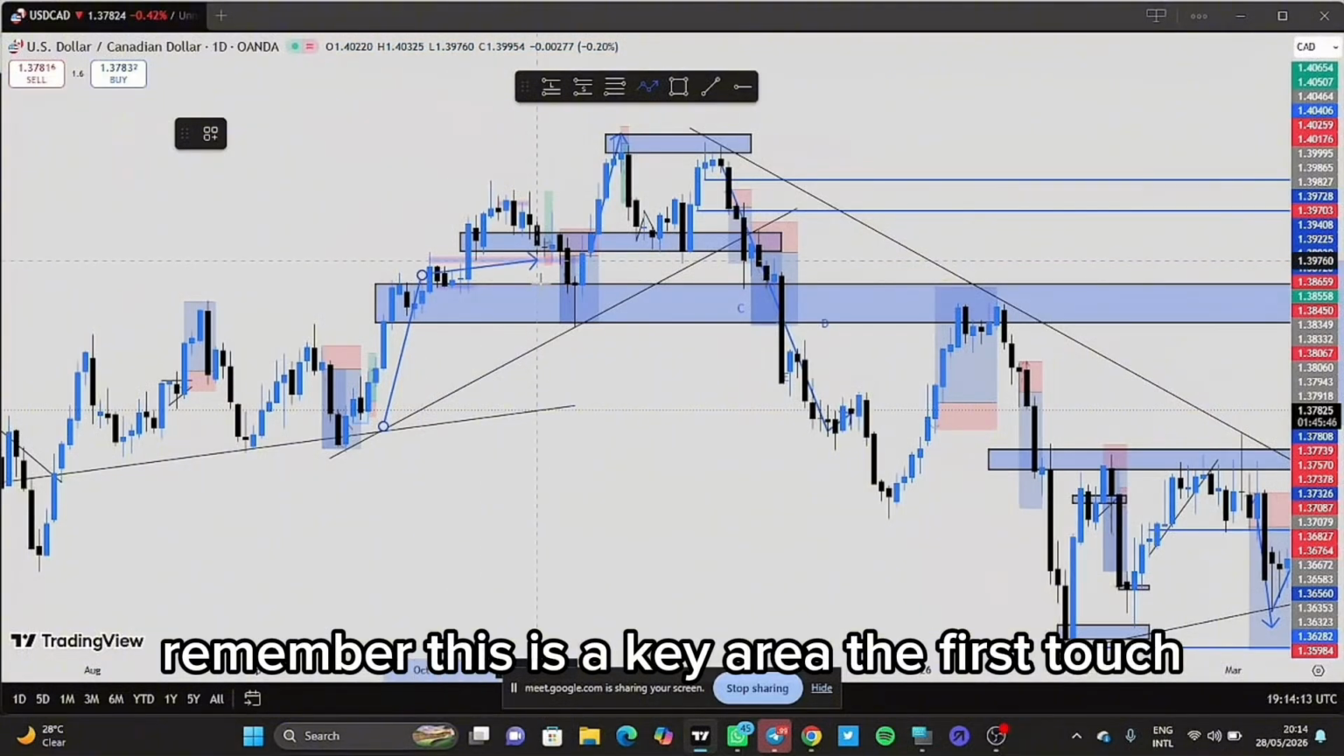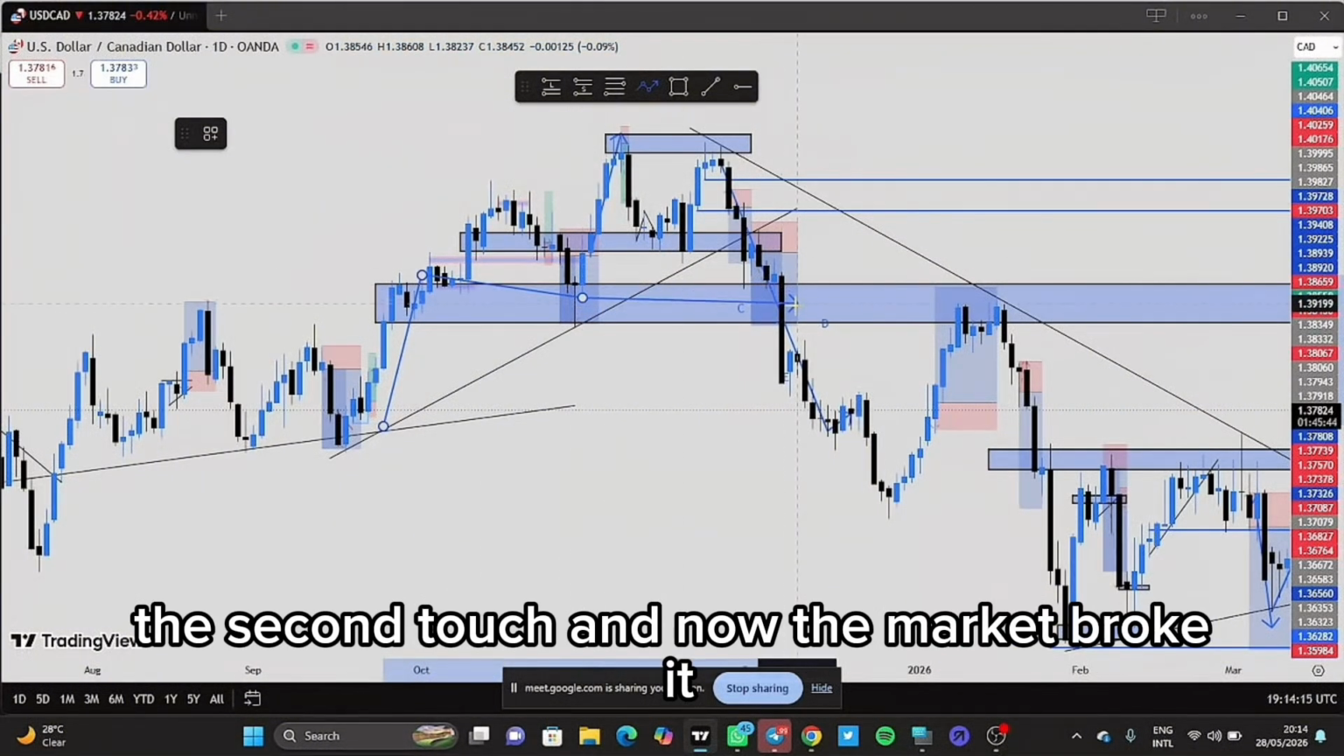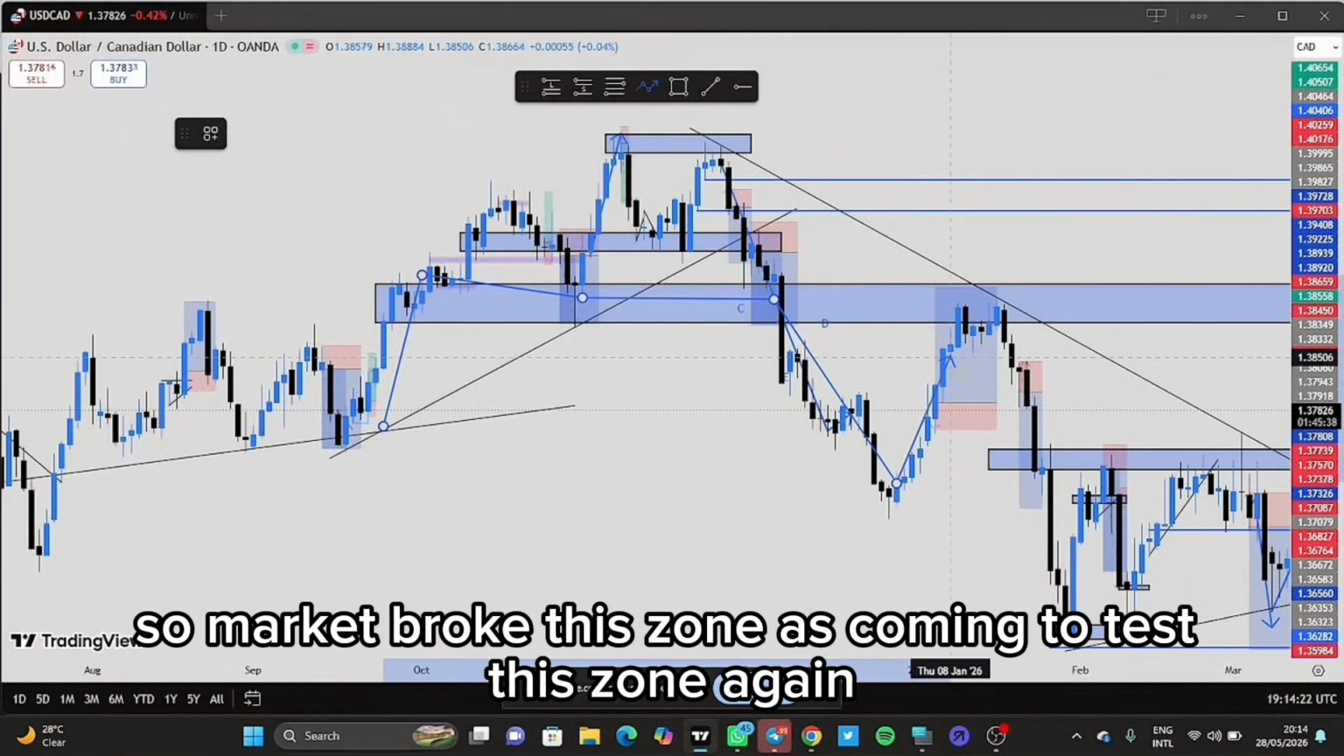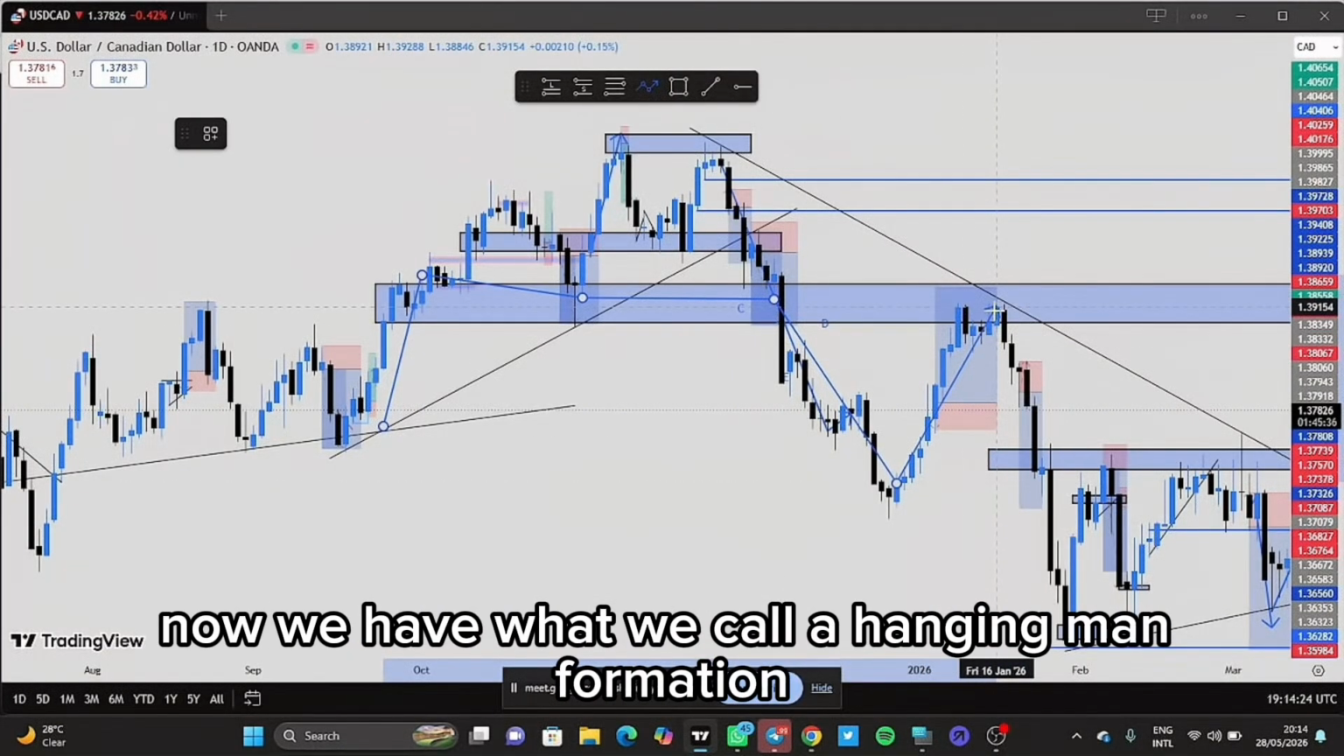The first touch, the second touch, and now the market broke it. This is the third touch. The market actually broke this zone. So the market broke this zone and is coming to test this zone again. Now we have what we call a hanging man